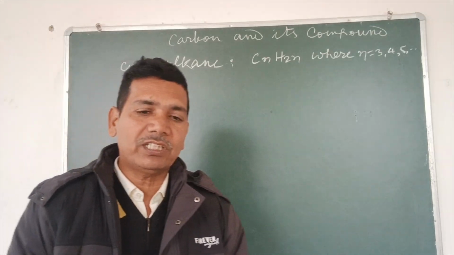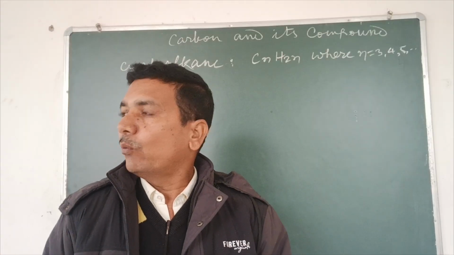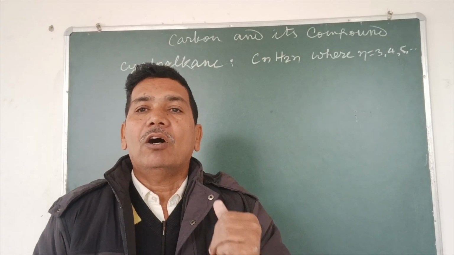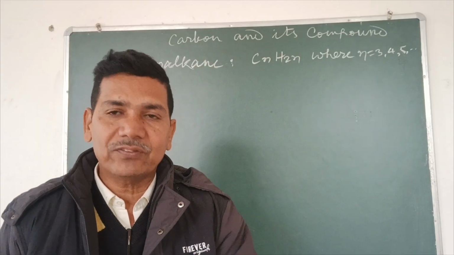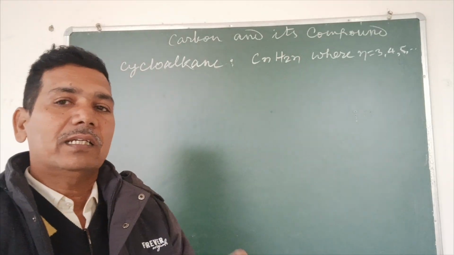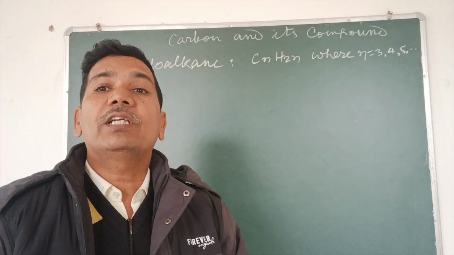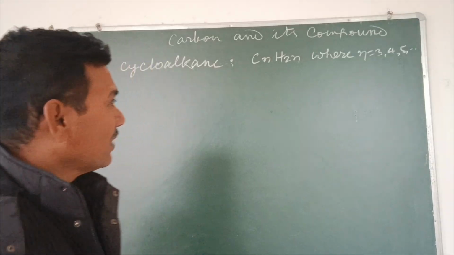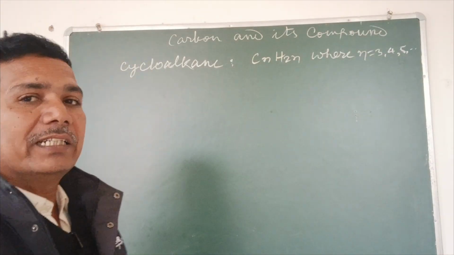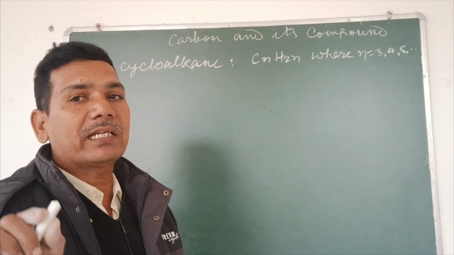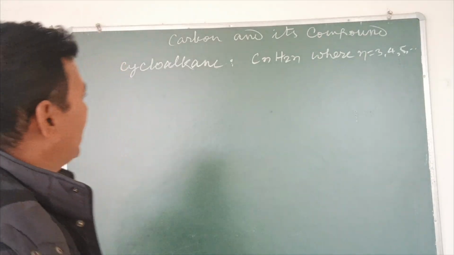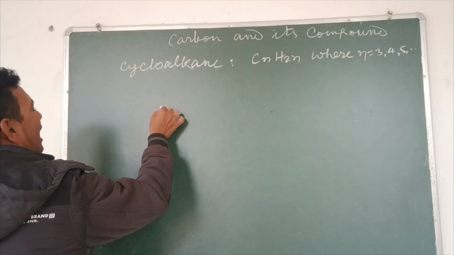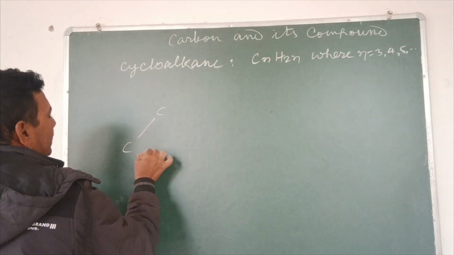In structure, we see open chain and closed chain. Open chain compounds are called acyclic compounds or acyclic hydrocarbons, and closed chain compounds we call cyclic hydrocarbons or cyclic compounds. Here, cycloalkane is a group of cyclic compounds. Here it starts from 3 carbons. If we have 3 carbons in a closed chain,